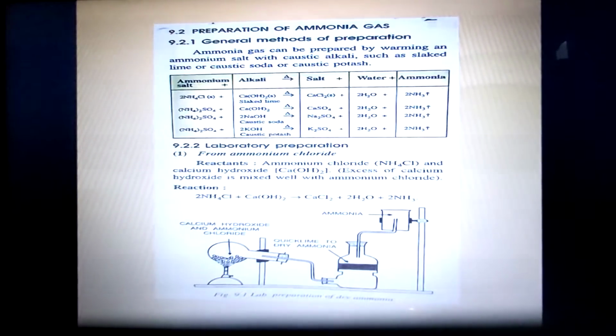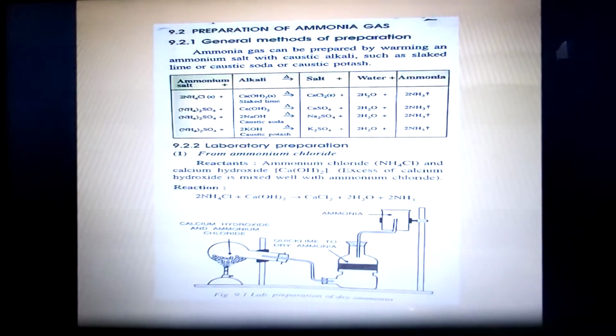It sublimes very easily. So we keep the other reactant in large amounts so that the complete reaction takes place. It should not happen that at any point of time the alkali was less, so the ammonium chloride did not react and as a result it sublimed. So to counteract the sublimation of ammonium chloride, slaked lime is taken in more amount. You can see from the equation, ammonium chloride plus slaked lime is heated and it evolves ammonia gas.